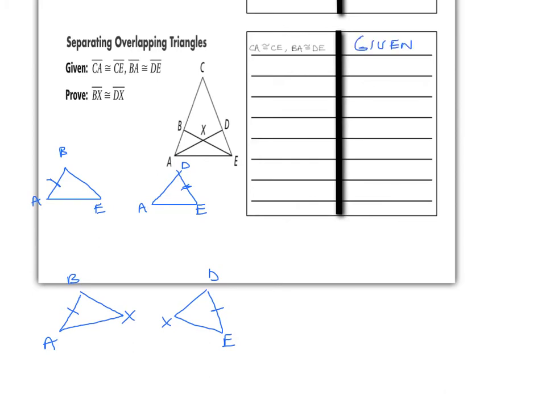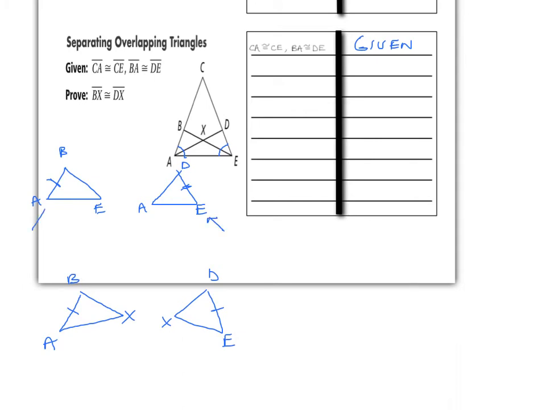All right, now, first thing we're going to look at here is that CA and CE are congruent. If you look at where CA and CE are, CA is this whole left side, and CE is this whole right side. So if the two sides are congruent, that means we have an isosceles triangle, which also means that the base angles are congruent as well. So my first step in this case is going to be that this whole angle and this whole angle are congruent to each other,